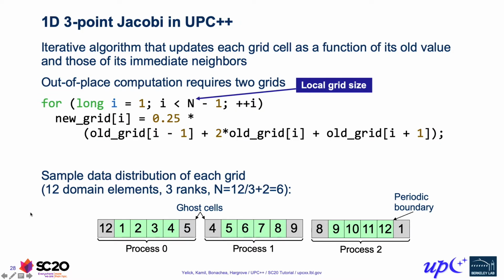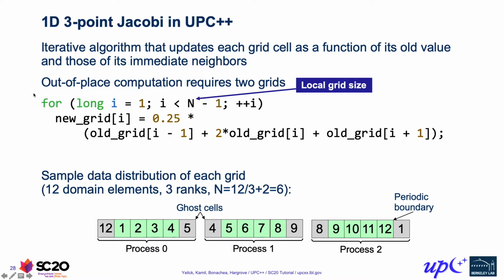So as a more complex example, we'll take a look at a 1D 3-point Jacobi stencil in UPC++. And what this algorithm does is that it operates on grids, and it's an iterative algorithm, so in each iteration it computes a new value of each grid cell. And that new value is a function of the old value of the cell and those of its immediate neighbors. So we'll stick to 1D in our examples just to make it simple, but the same principle applies for higher